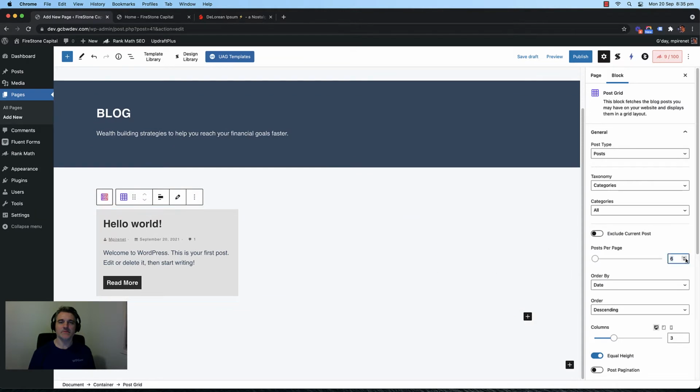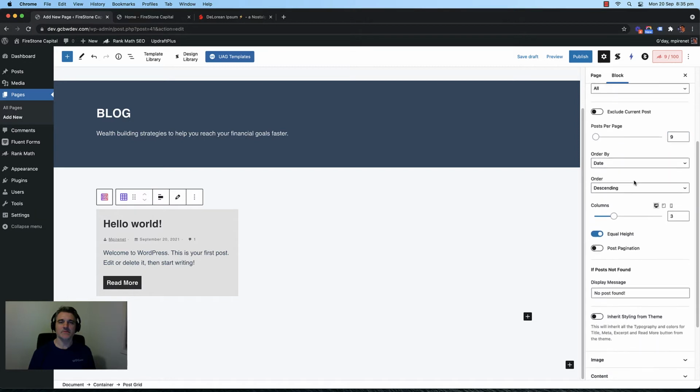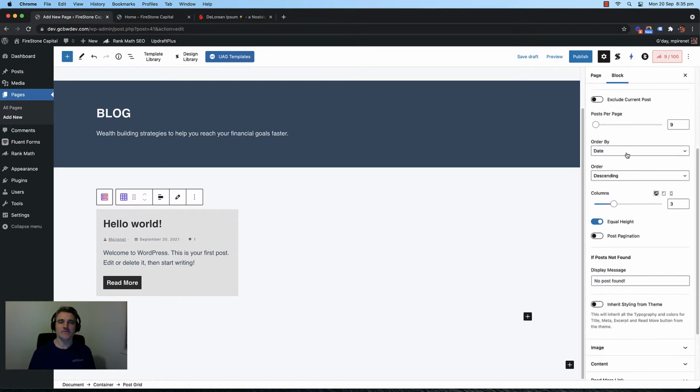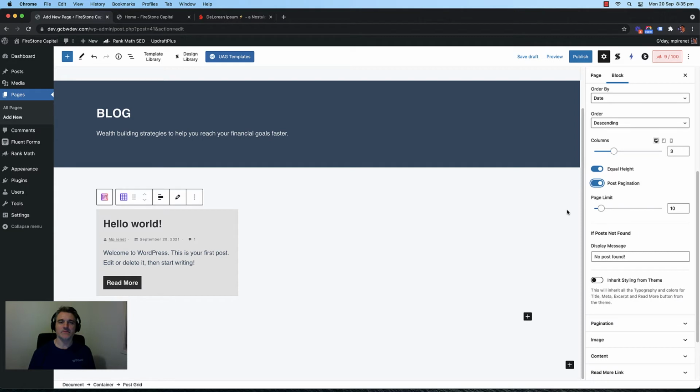So over in the settings here, we can show different things. So posts per page, we can have 6. I'm going to change that to 9, so there's going to be 9 posts showing. It's going to show by the order of the date, so the most recent, in descending order. Columns will have it in 3, which is really great. We'll equalize the heights of each, so that if one snippet is longer than the other, it just has a better output. I am going to put post pagination,